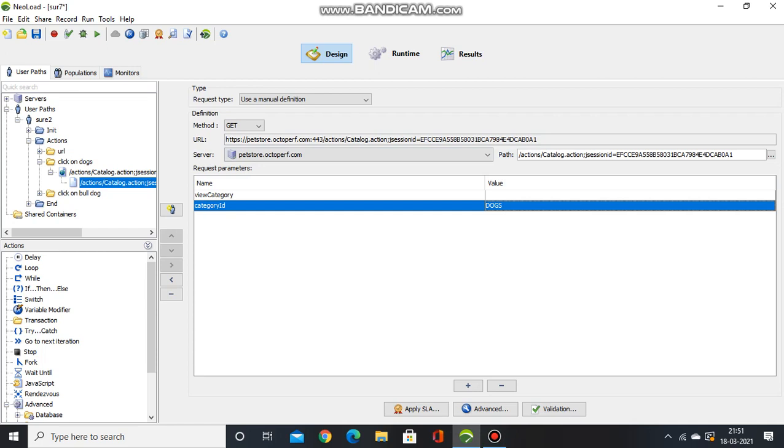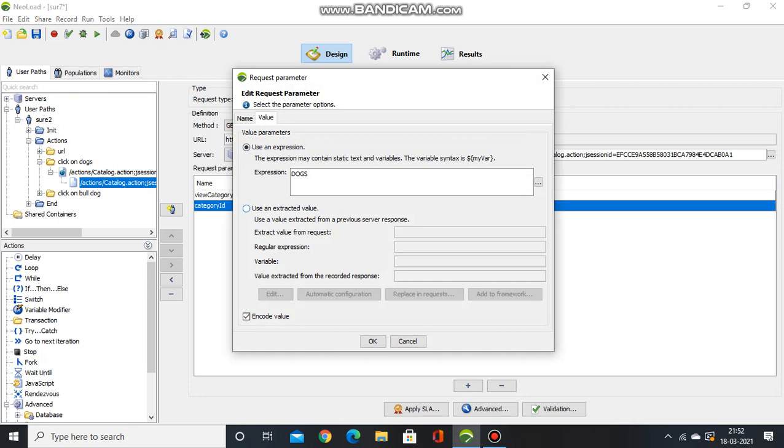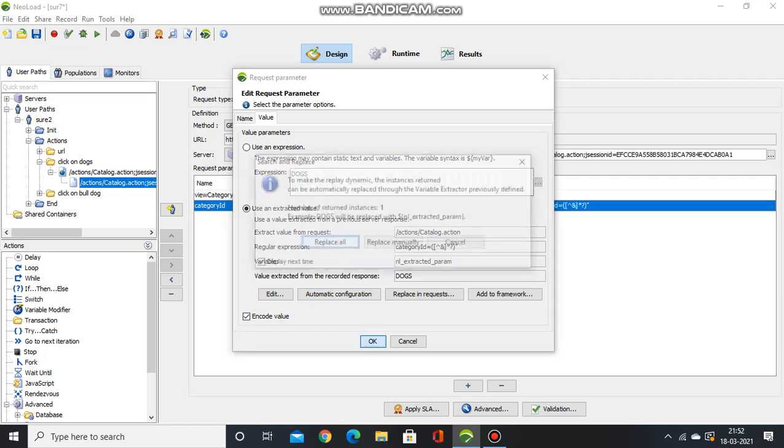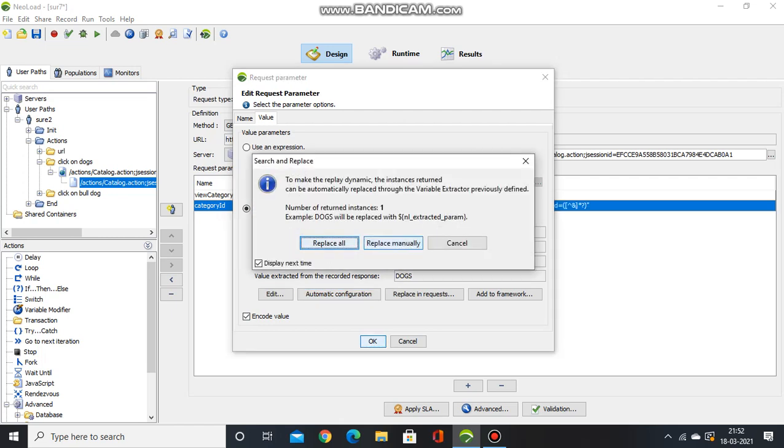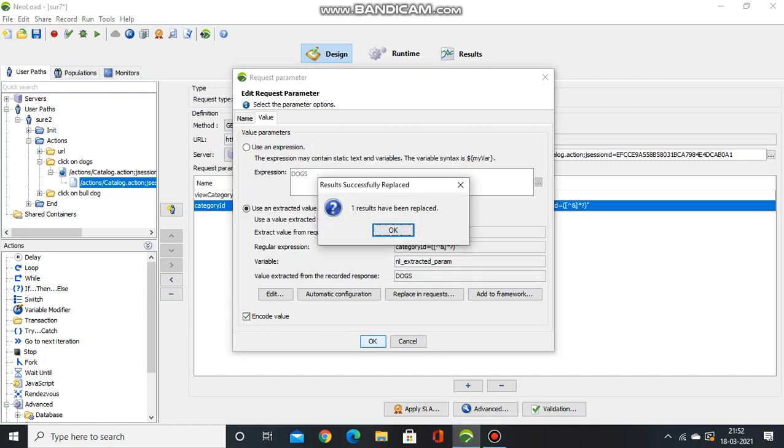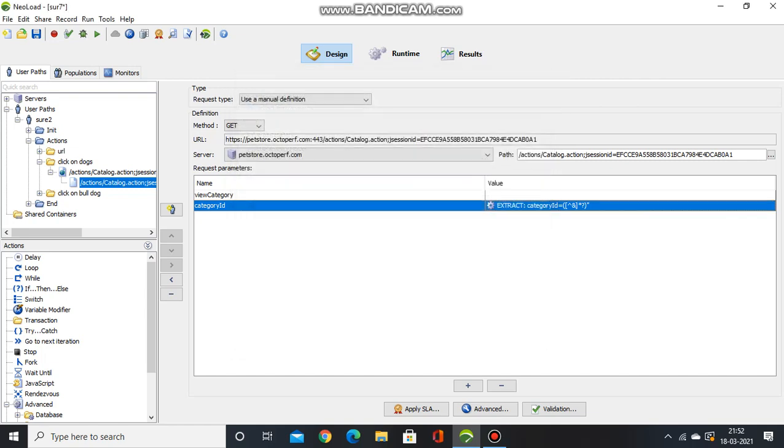In order to do that, I will right click on this. This is the value I want to change. I will use the automatic configuration. Click on that and click on OK. What it does is it will dynamically change this value.